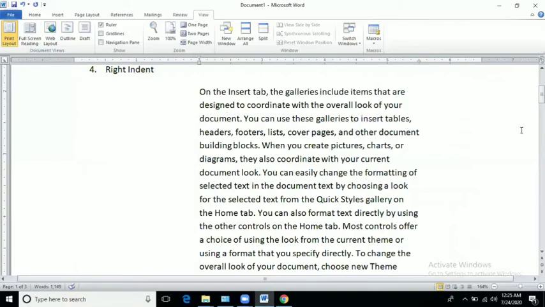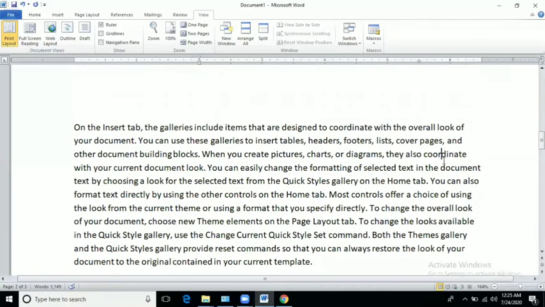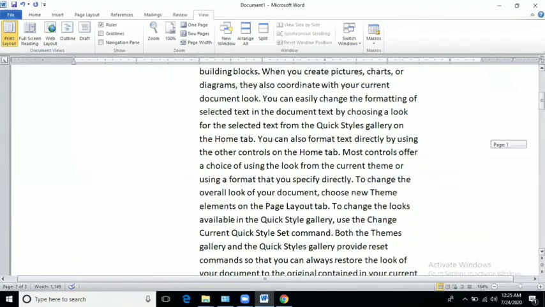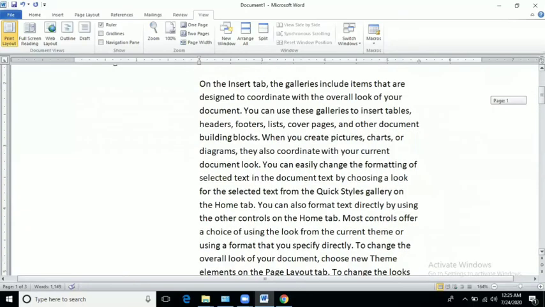You can see all the other paragraphs are up to 6.5, but I have decided for this paragraph up to 5.5. You can't see other text there. So this is our right indent. So we have done first line indent, hanging indent, left indent and right indent.